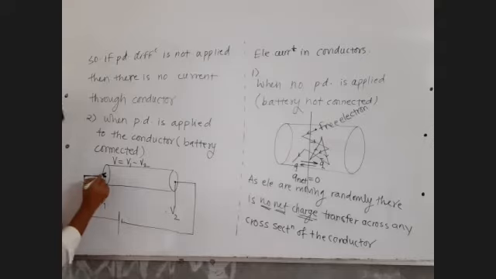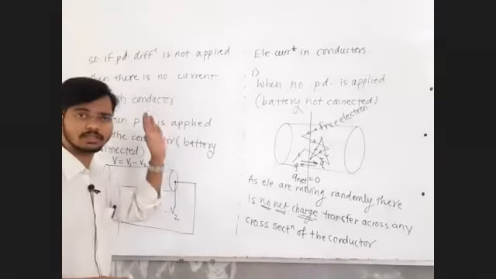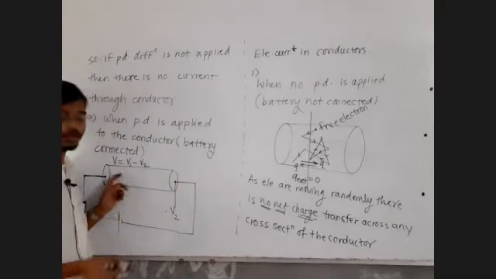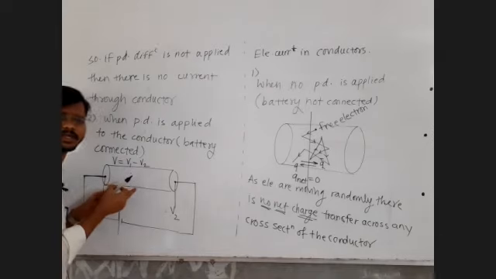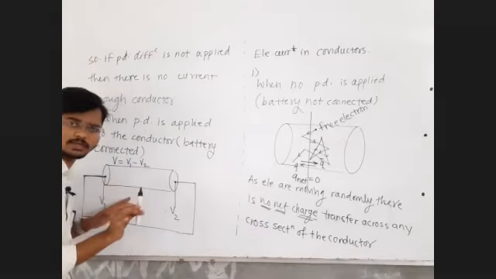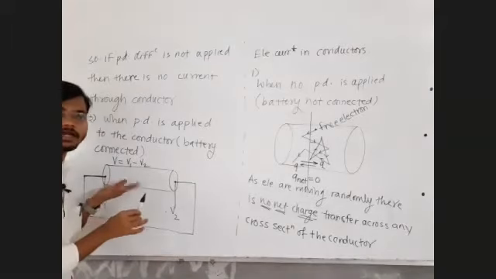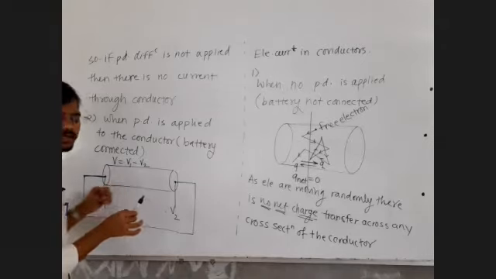So there will be the existence of electric field inside the conductor. Now you will say, sir, inside a conductor electric field is zero, but that is the electrostatics case. Here the charges in the conductor are in motion. The electrons are going to move in the conductor. So electric field will exist inside the conductor, because this is not electrostatics. This is current electricity.